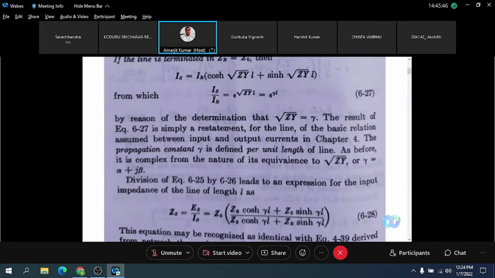So that means if the transmission line length is very large, L tends to infinity, then what we are seeing is that the input impedance is equal to Z naught. So an infinite transmission line is considered equivalent to a transmission line which is terminated in Z naught. Is this statement correct or not? Because if it is terminated in Z naught, again the input impedance is Z naught only. If the length is infinity, again the input impedance is Z naught only. So they are equivalent.